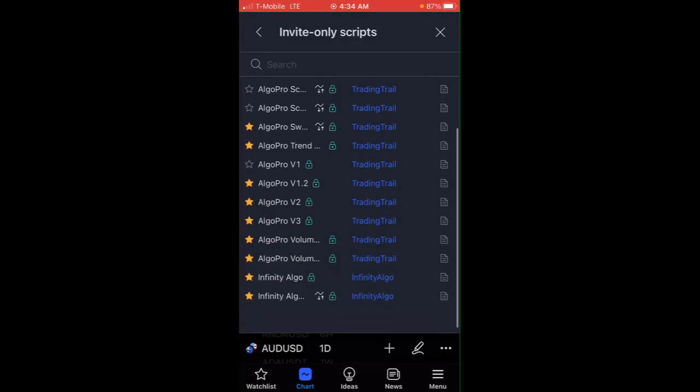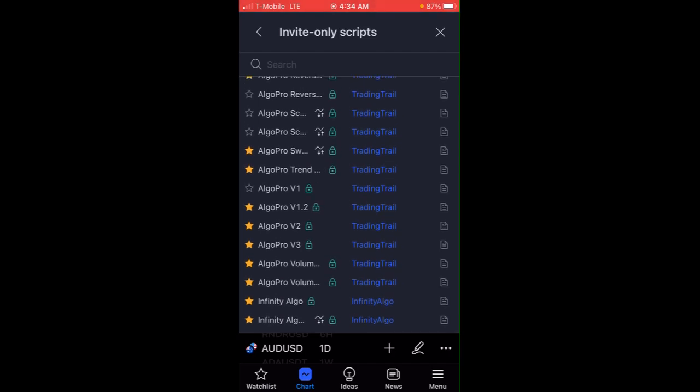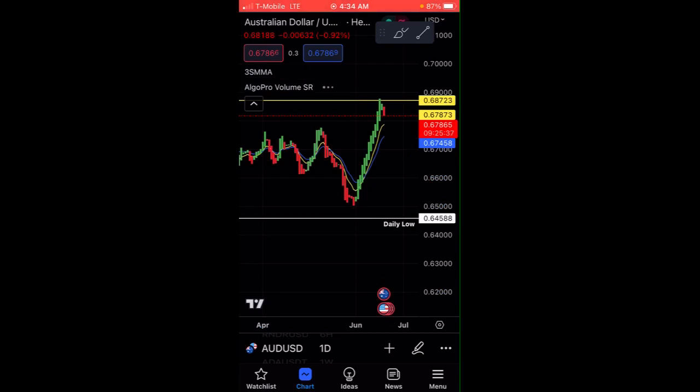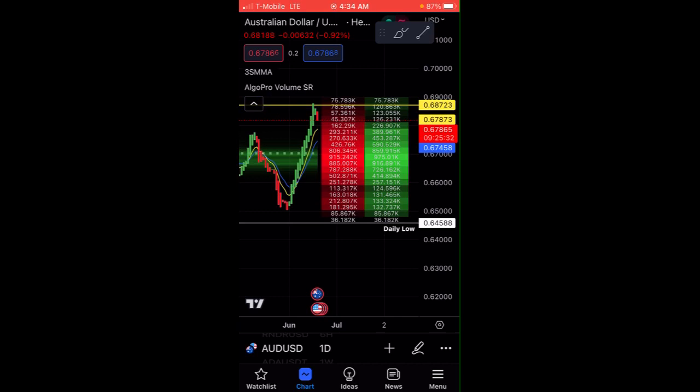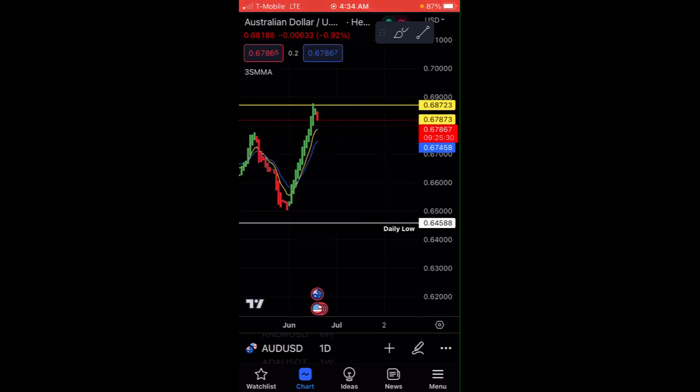There's also, let's see, I don't really use, there's also volume. Let's check that one out real quick. And this just gives you volume, nothing big there. Let's look at the other,